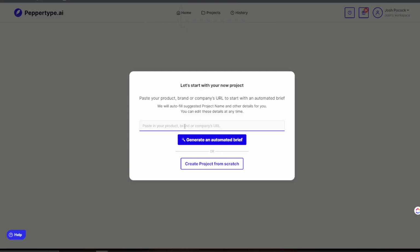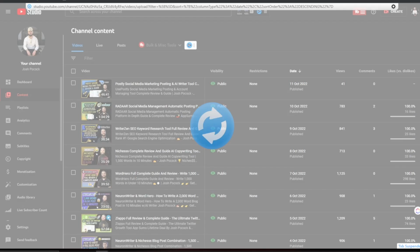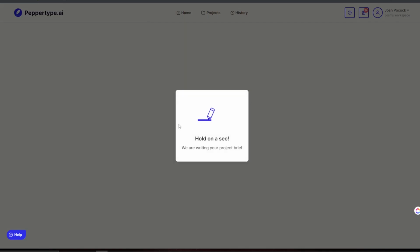Okay, and let's see. What the heck? I just did this. ExecutiveStride.com. I'm interested to see what it's going to do. Generate an automated brief. So I'm assuming that they're doing some sort of scraping of the website, pulling like the headline and creating content from it, but I'm